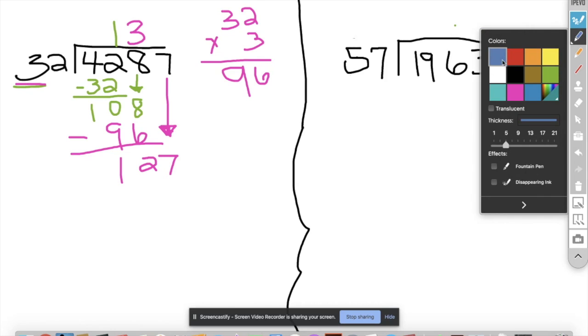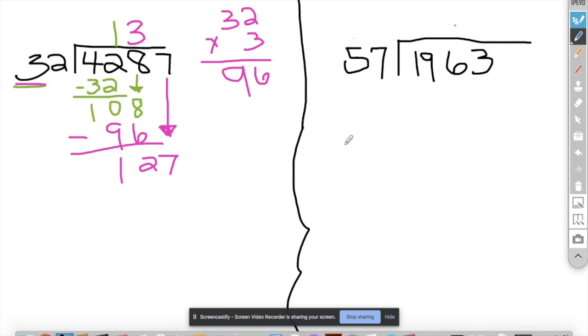And I am going to switch colors again. Okay, so again, start with the 3. I can't make a group of 3 out of 1, so I'm going to look at the 12. How many 3s can I make out of 12? Well, that would be 4. So we're going to put my 4 there. 2 times 4 is going to give me 2 times 4 is 8. 3 times 4 is